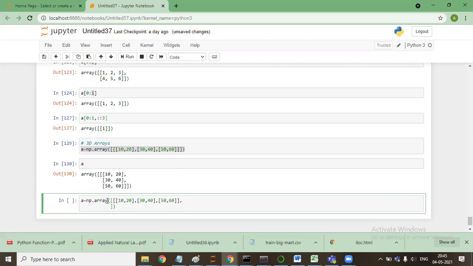I will make a second axis. Earlier we have made a 2D array. Sir, it's a 3D array, na?